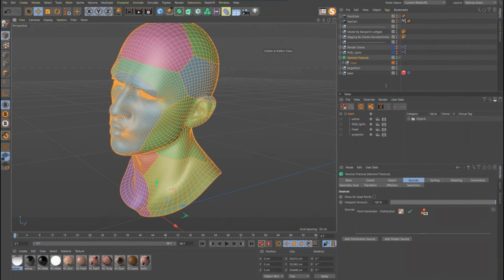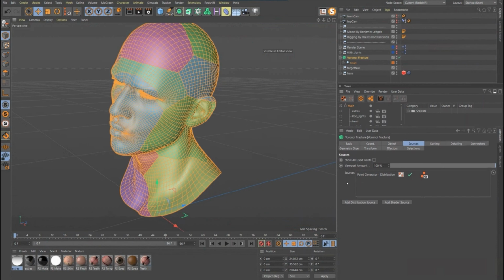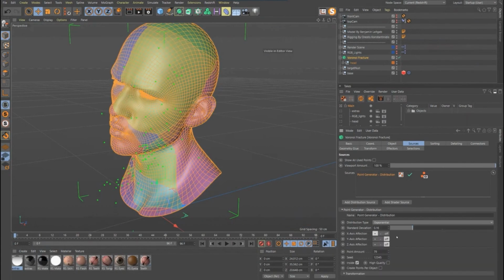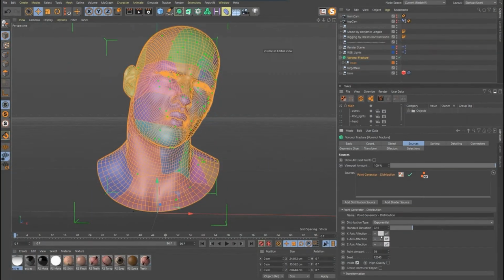And if you've never used the Voronoi fracture before, just a really quick overview on it. All the power from the Voronoi fracture comes from here in sources. This point generator here is generating points randomly on the surface of your object and then fracturing it based on that. And you'll see if we up the point amount, we have more points, we have more fracture. You can also play with the distribution type for normal, inverse normal. The other cool one is exponential. I like that one because you can change how it distributes the points. You can see this is based on X, and you can flip that to negative X. So a lot of really cool stuff.